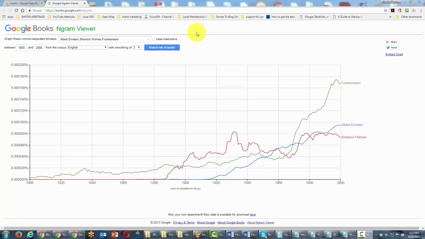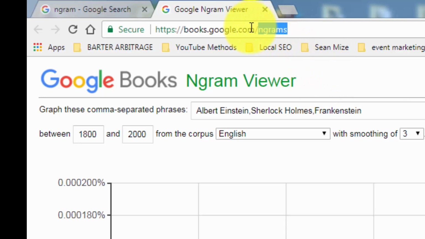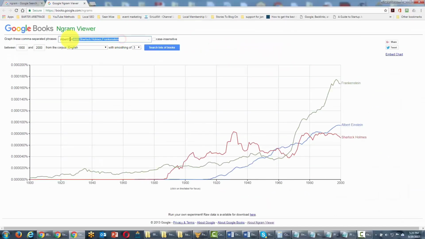Welcome back. You are now looking at Google Books Ngram Viewer. You can visit this site at books.google.com/ngrams. It's spelled a little weird. You'll have to type in the letter N, then Grams. And basically what Ngram Viewer does is it calculates the popularity of a term within books